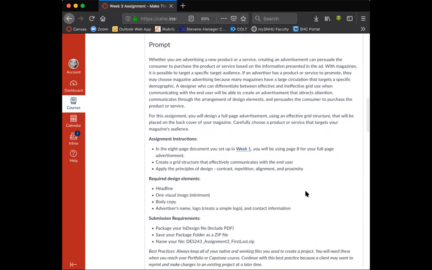With magazines, it is possible to target a specific target audience. If an advertiser has a product or service to promote, they may choose magazine advertising because many magazines have a large circulation that targets a specific demographic. A designer who can differentiate between effective and ineffective grid use when communicating with the end user will be able to create an advertisement that attracts attention, communicates through the arrangement of design elements, and persuades the consumer to purchase